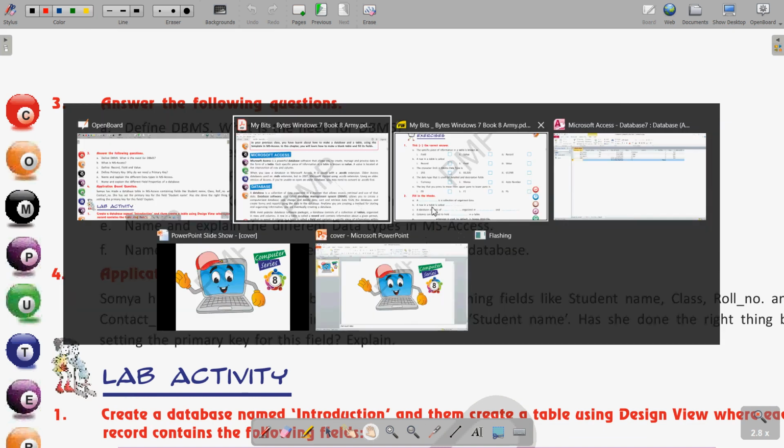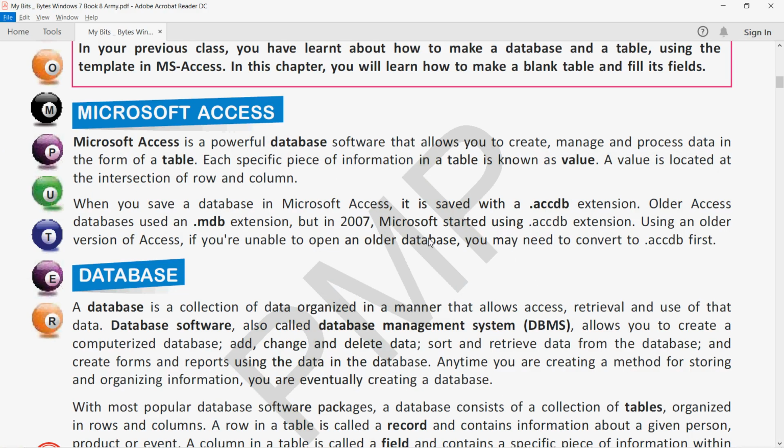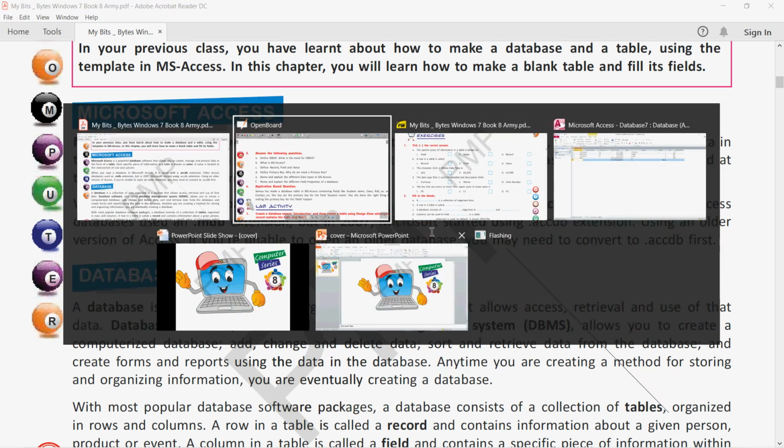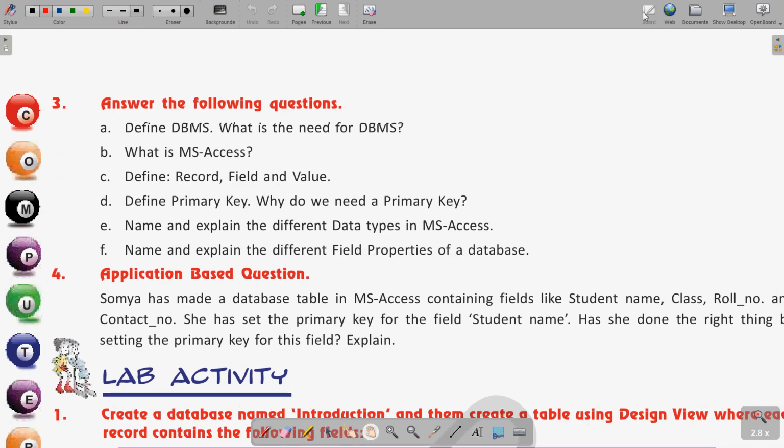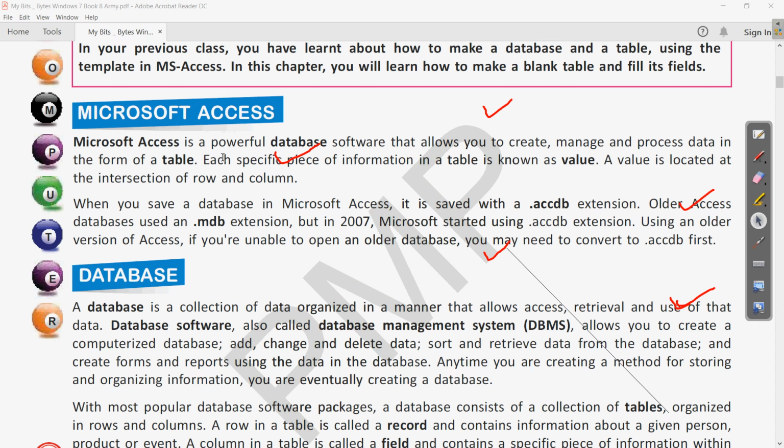So if we go to page 12, here you can find about DBMS and what is the need of DBMS. Let us take the marker as well. So here you can find the answer.